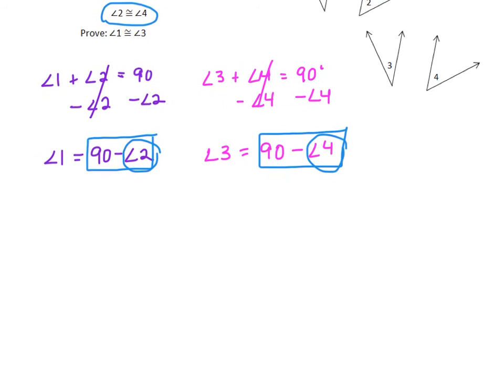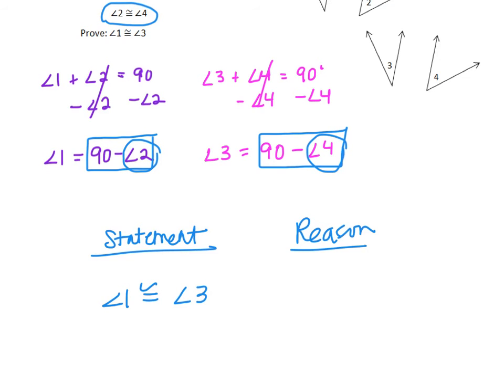So our statement that we can make, we were trying to prove that angle 1 is congruent to angle 3. And our reason, basically if angles are complementary to congruent angles, that's what we have right here. These two angles, angle 1 and angle 3, are complementary to these congruent angles, angle 2 and angle 4, then that means that they are also congruent. So we're just going to abbreviate